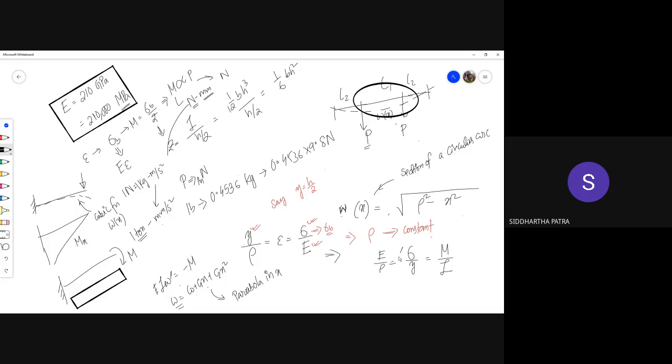So stress of course is proportional to y measured from the neutral axis, which is passing through the centroid of the cross section. But this basically indicates that the radius of curvature is a constant for a constant bending moment, because this of course is a constant across the cross section. There is a single representative value at a given cross section. And if that is not changing along the length, so I is also a constant, and this of course is a material property. And if I assume the beam to be homogeneous, this is also not changing. So if these two quantities are not changing and bending moment is a constant, so radius of curvature is a constant, right?